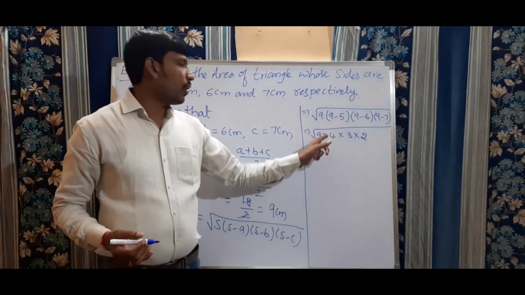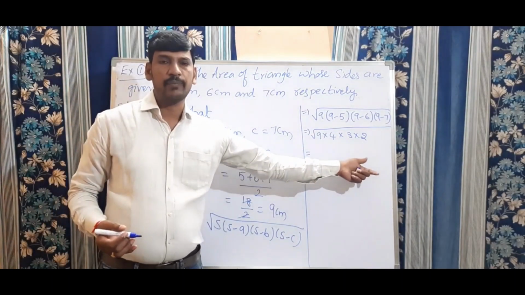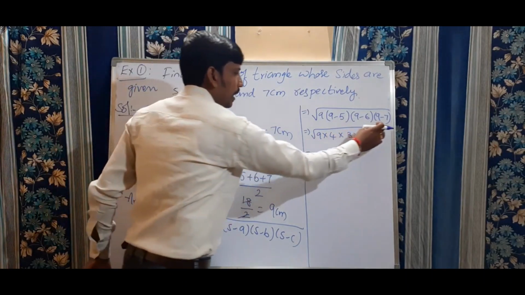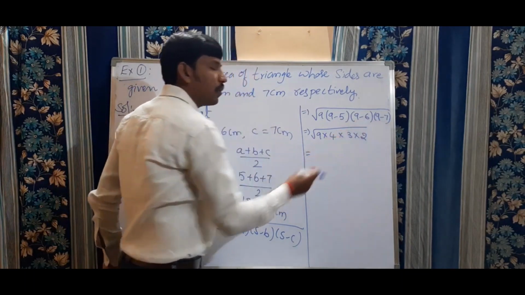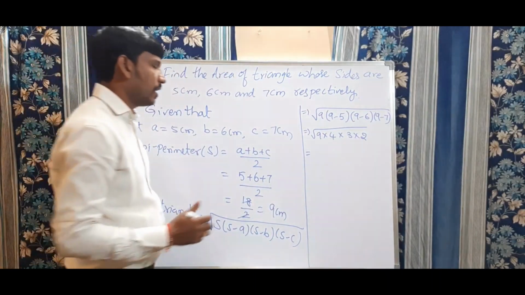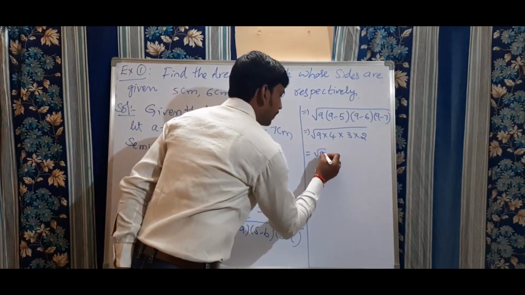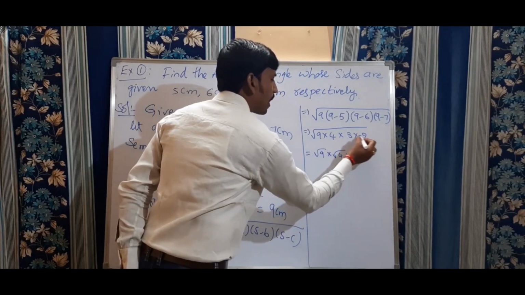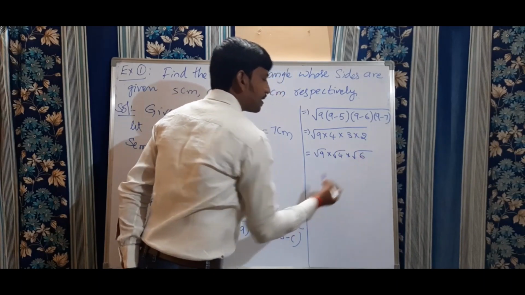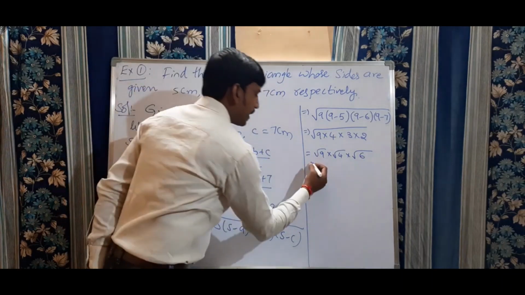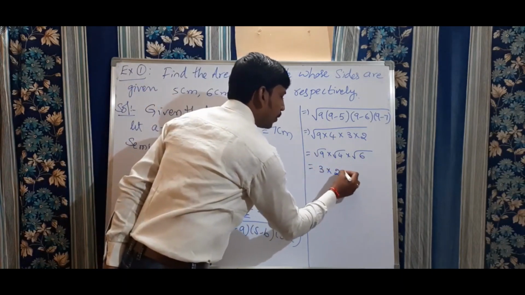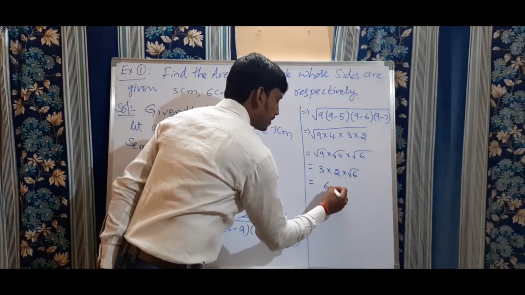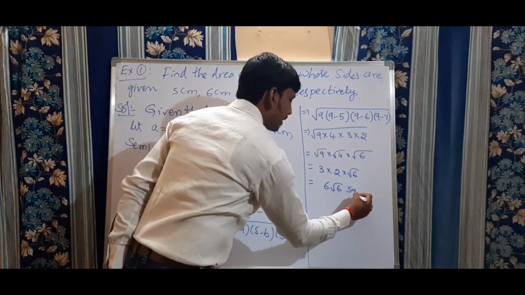Now this is square root for all the numbers, all are multiplied. That square root we get for each and every value, right? So generally root of a into b is equal to root a into root b. Here also square root of 9 into square root of 4 into square root of 6, these two are prime numbers, 3 to the 6 as it is I am writing. Now square root of 9 is 3, square root of 4 is 2 into root 6, which is equal to 3 to the 6 root 6 square centimeters.